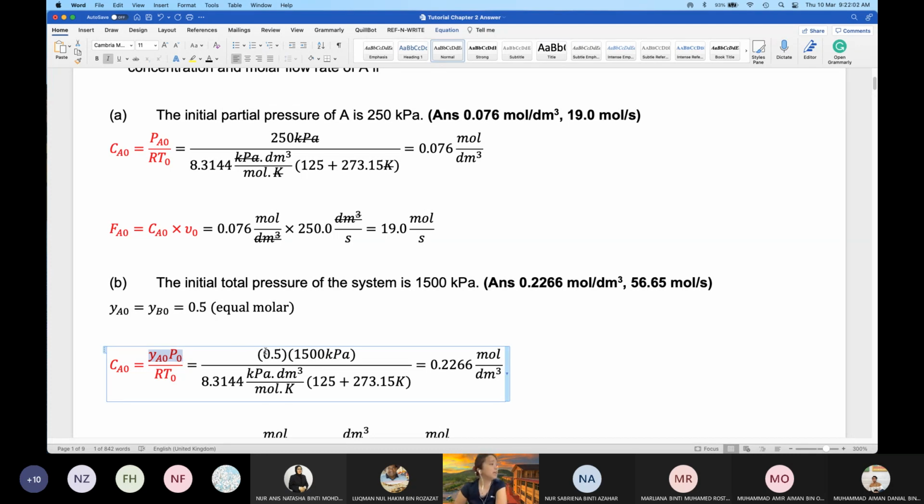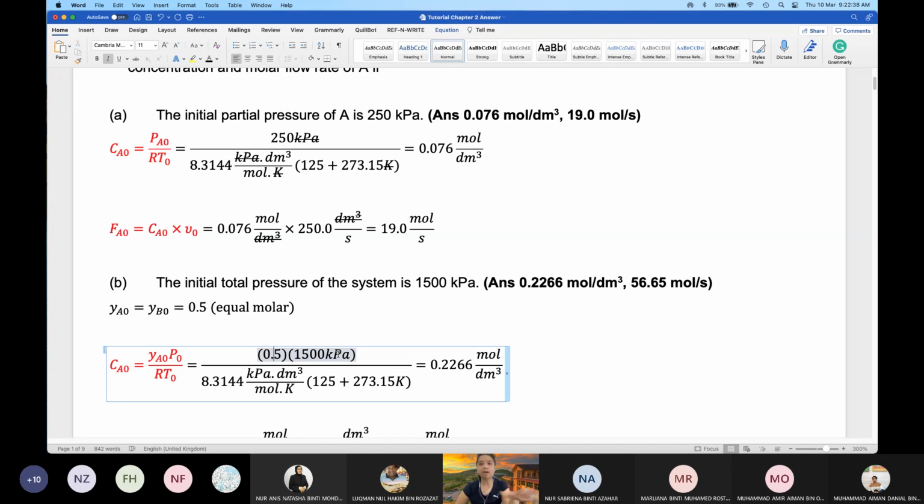So that's why YA naught is 0.5. If you are confused, Y is used to signify mole fraction, A signifies compound A, and the naught signifies the initial mole fraction of compound A. So 0.5, 50% in fraction form, multiplied with the pressure 1500 kilopascal, the total pressure. I hope you remember that a fraction has no unit, it is dimensionless. That's why 0.5 has no unit, no dimension. Multiply with 1500 kilopascal